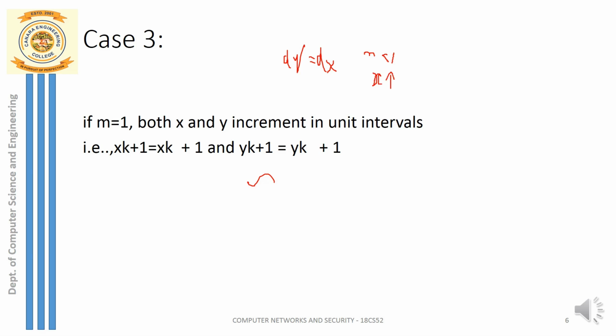One more case. Case 2 is nothing but slope greater than 1. So remember, change in y is more. So in that case, y is the one which you have to increment. The last case is where both change in y and change in x are the same. In that case, slope will be exactly equal to 1, and in that case you are supposed to increment both x and y. These are the three cases which you have to remember. It's simple.